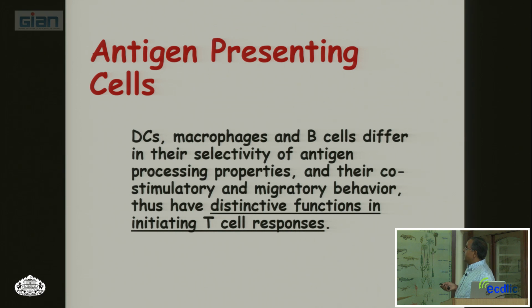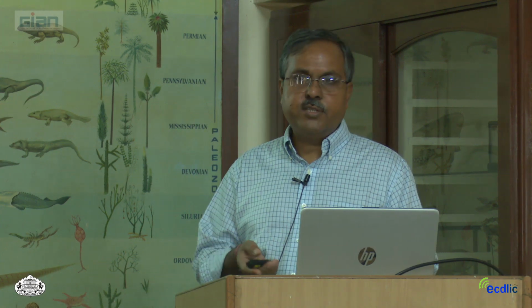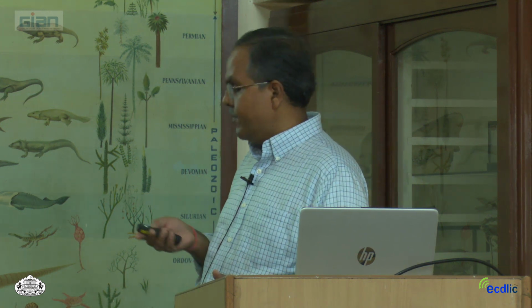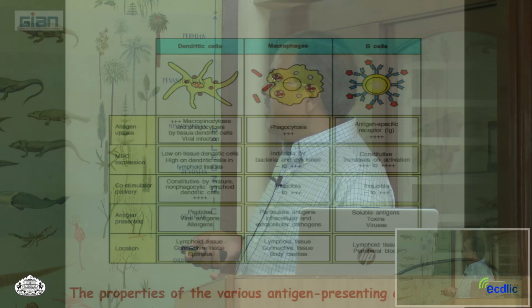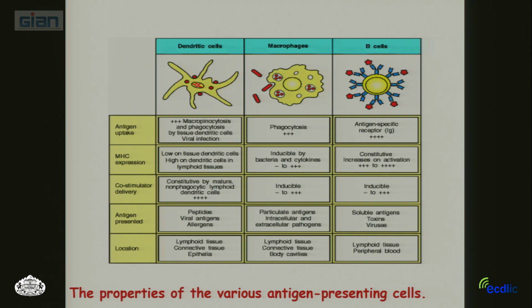So dendritic cells, macrophages, and B cells all differ in their antigen processing properties, their co-stimulatory molecule expression, and migratory behavior. Thus, they have a very distinctive function in initiating T cell response, and it's all driven by the type of antigen presented to them. In this little complex cartoon, a lot of information has been included. You can see these three different types of antigen presenting cells, and what the specific characteristics are